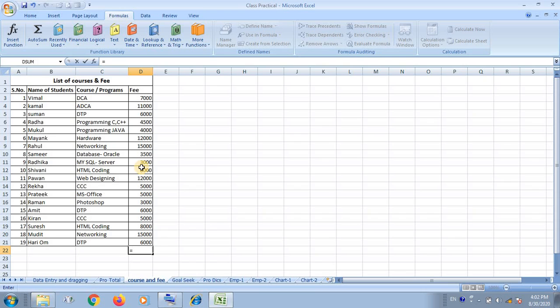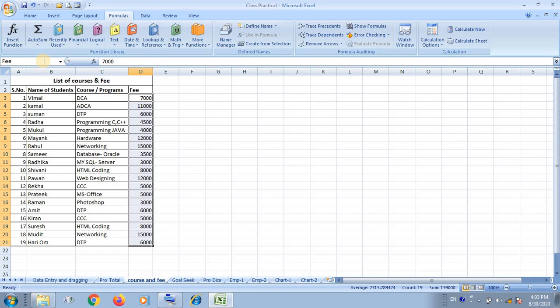Generally we write here the SUM formula and then we press enter. In this way we can calculate, but we can also calculate the sum by defining the name of the field. From this name box we have to write fee.